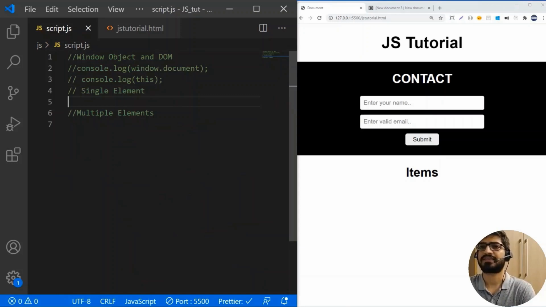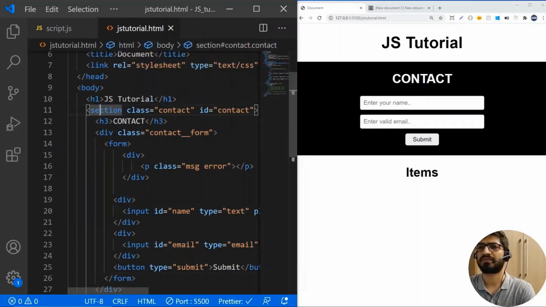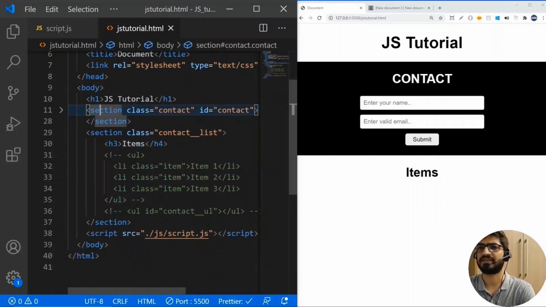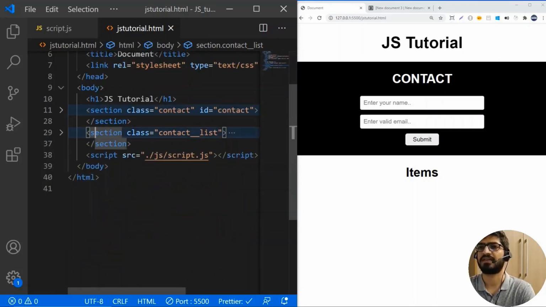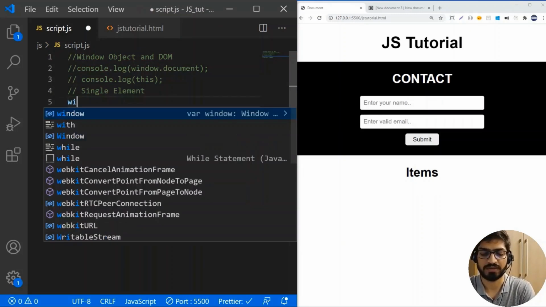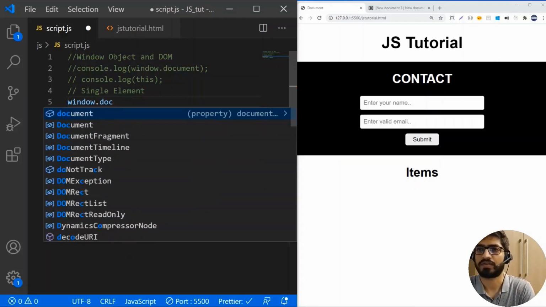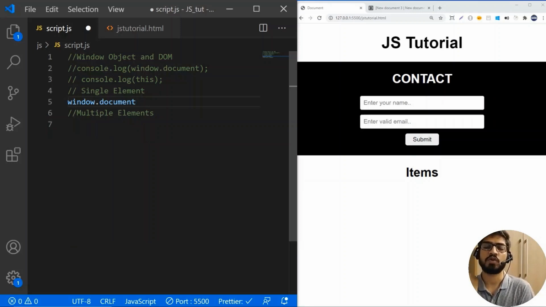And now let's select something. Let me show you something first. I have a section here. I have another section here. Now what I'm going to do is, if you want to select a single element, you can do it with window.document. We know that using window.document, we get the document of the page itself, but we can also select a single element on it,